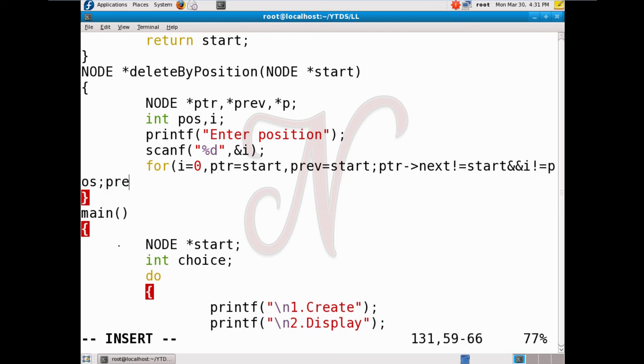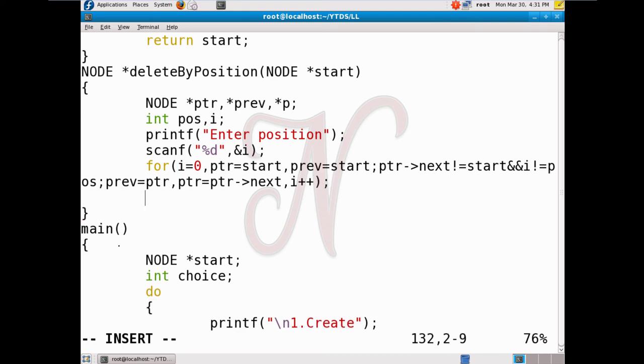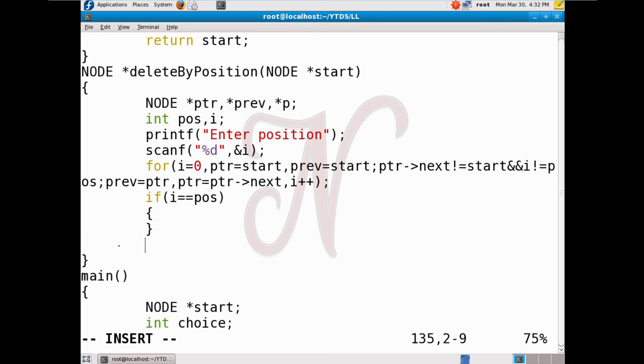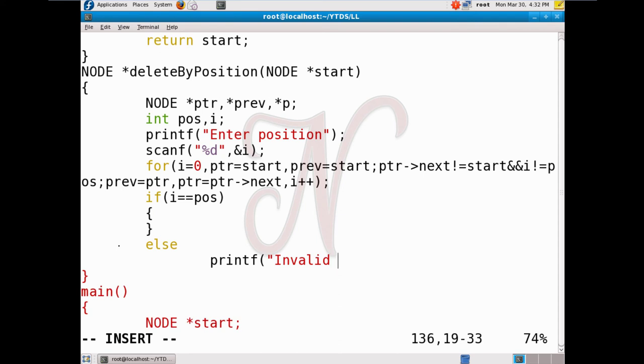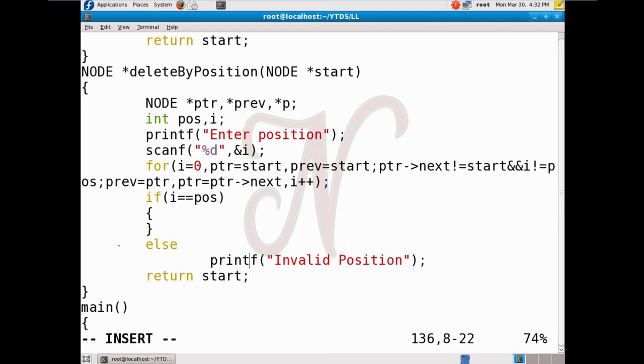Then prev equal to ptr, ptr equal to ptr of next, and i plus plus. Here we check if i is equal to position, then we delete the node, otherwise printf invalid position, and here we return the start of the linked list.